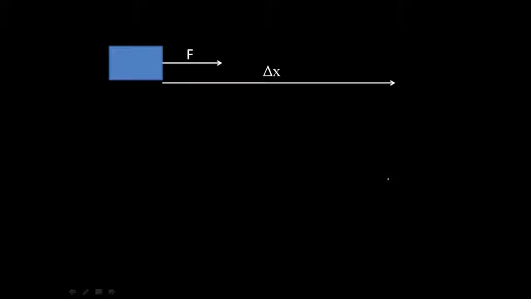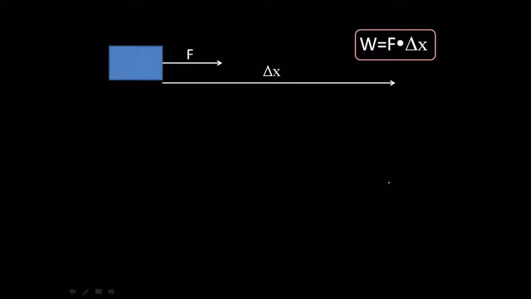Well, if we have a force that's exactly parallel to the direction of motion, does it make sense to you that if you apply more force, you can do more work? Sure. How about if you apply the force over a bigger distance, you do more work? Sure. How do we put that all into an equation? Well, it's simple. It's just work is equal to force times displacement, as long as they're parallel to each other. That's important enough to put in a little box there.